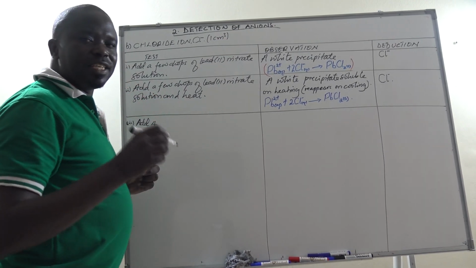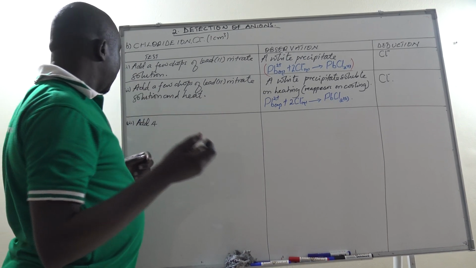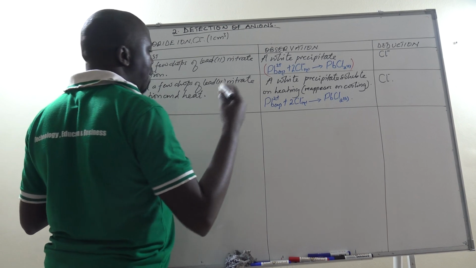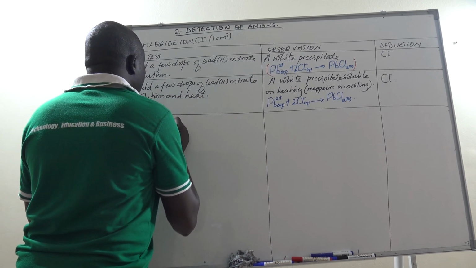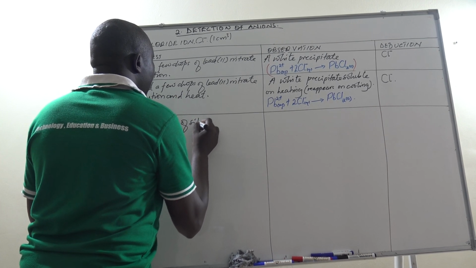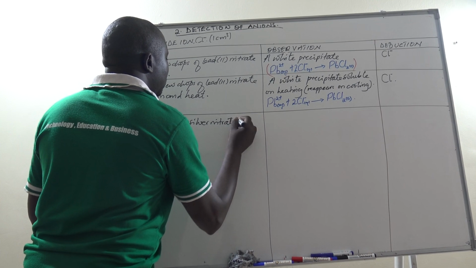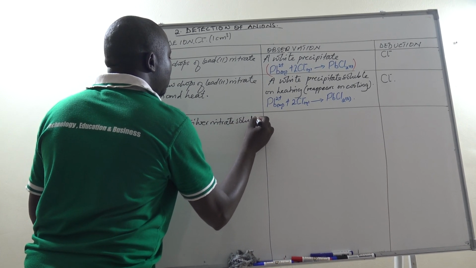Just as I said, it is 1 centimeter length of the test tube, so it is approximately 1 cubic centimeter. So add 4 drops of silver nitrate solution,